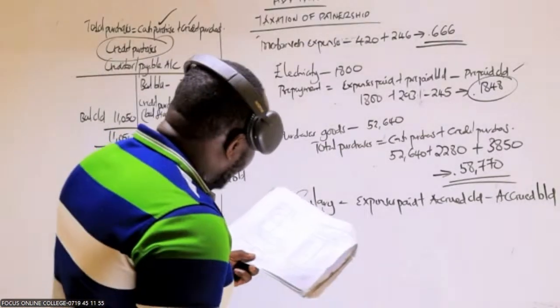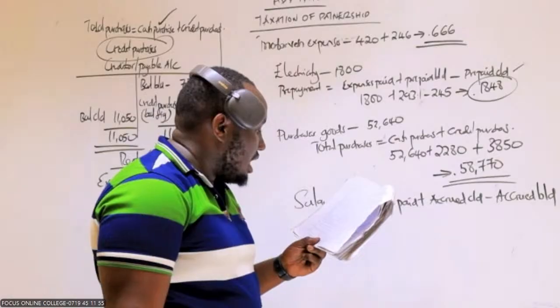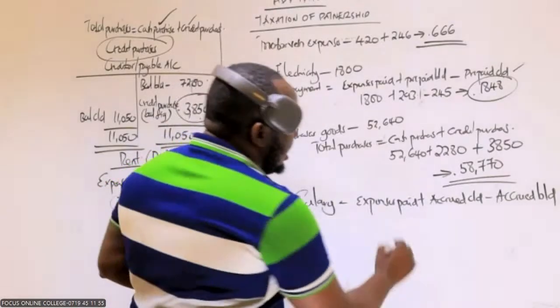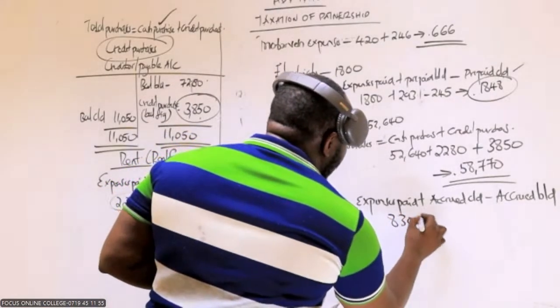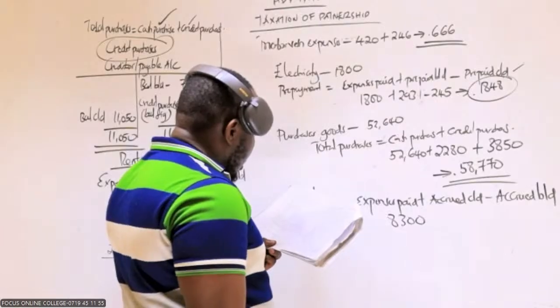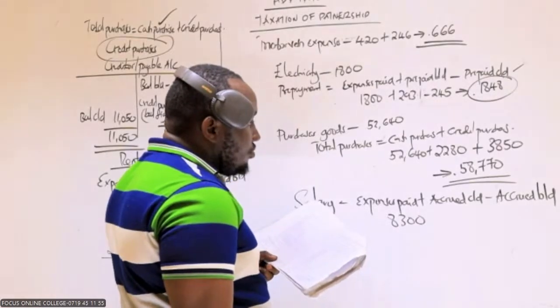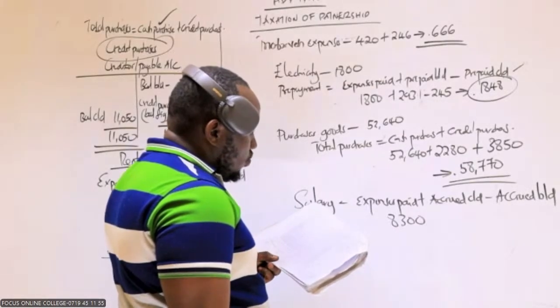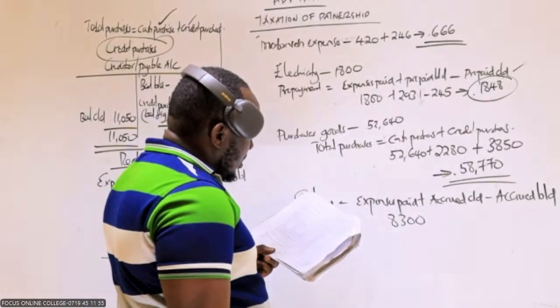So what is the salary for the year? How much is the salary? The salary is 83. Is there anything that was paid in cash? Salary is 83. What is accrued